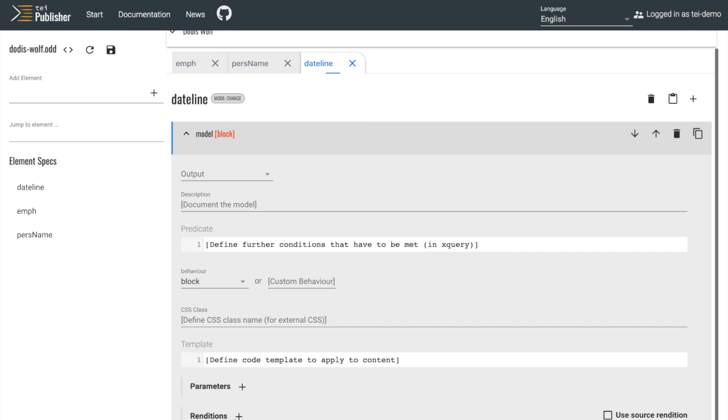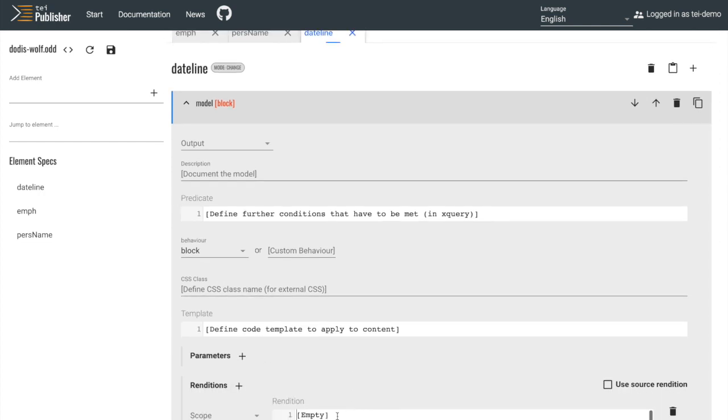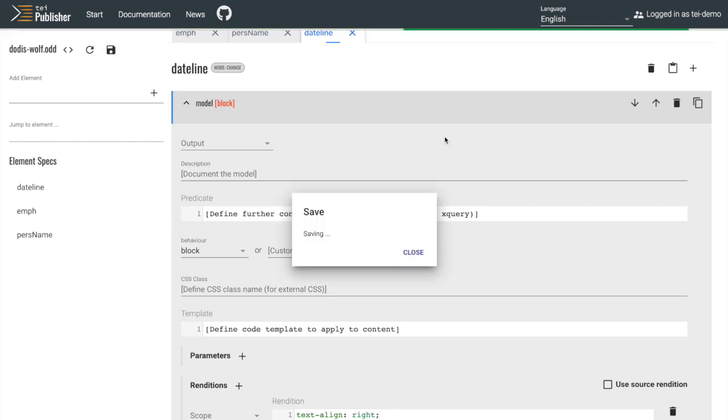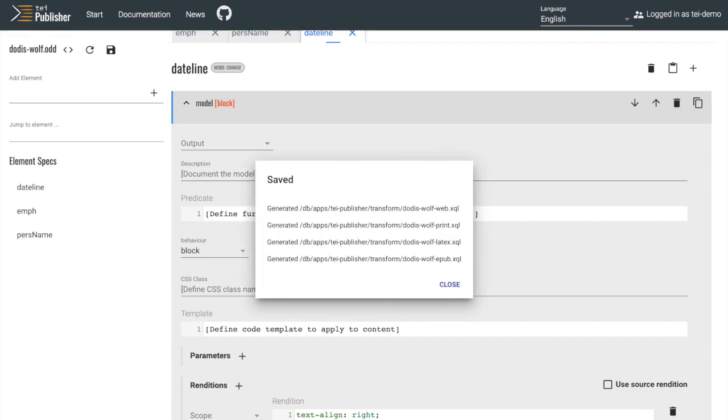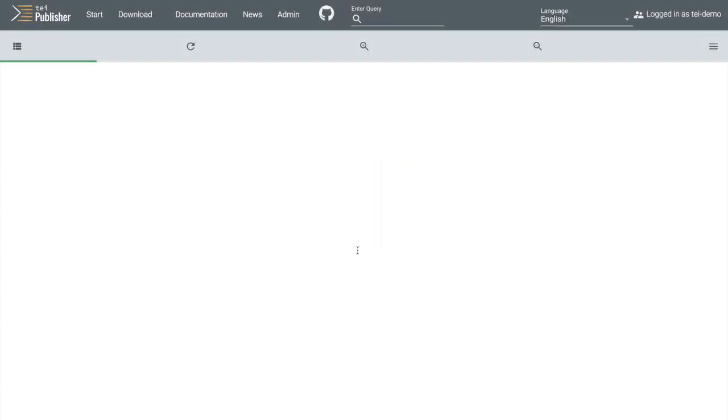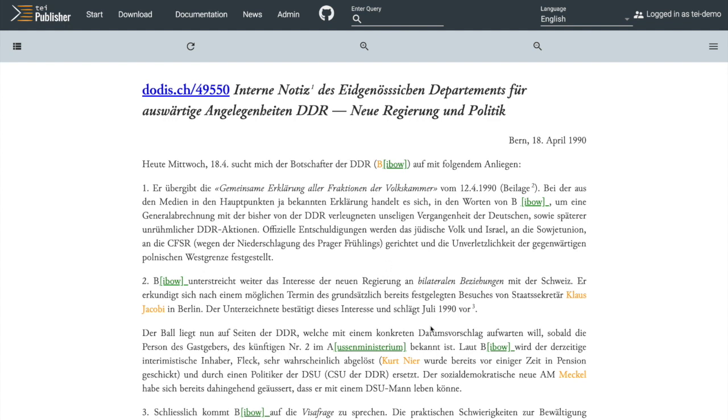So all we need to do is go to renditions again and say text-align: right in CSS to make it align right. We save again, go back to the document view, click reload, and we can see the date has properly moved to the right. So the next